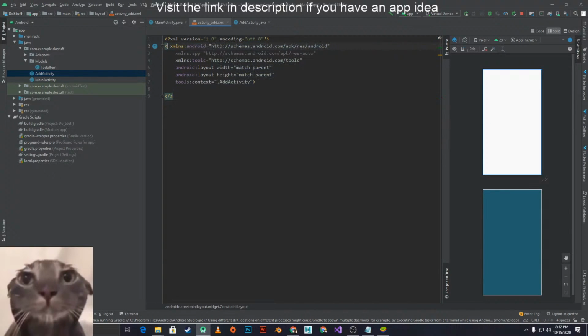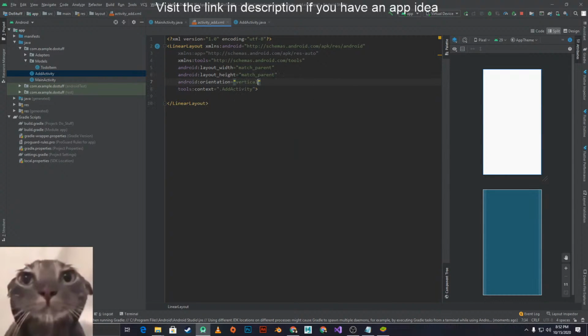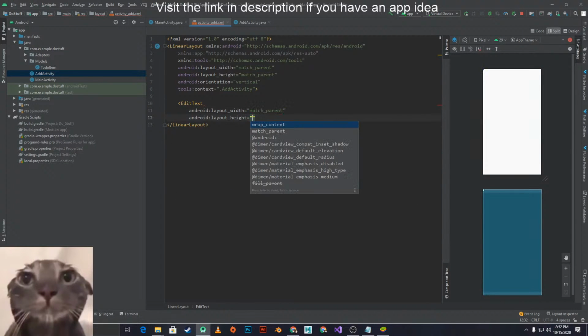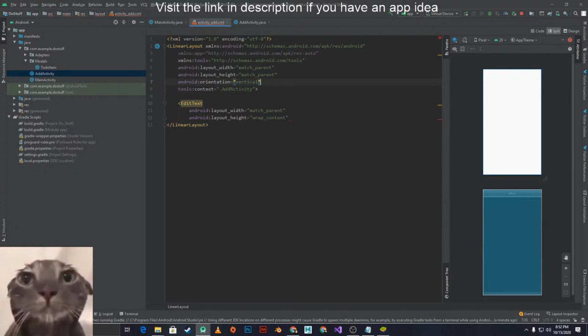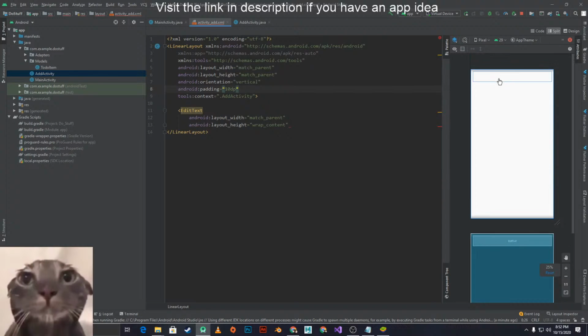Let's set a linear layout with vertical orientation, and then I can now set up the name. So this first one would be the edit text. Alright, so match parent wrap content. You need a padding of 10 dp, so I need edit text that I can see. Then hint would be enter item name,